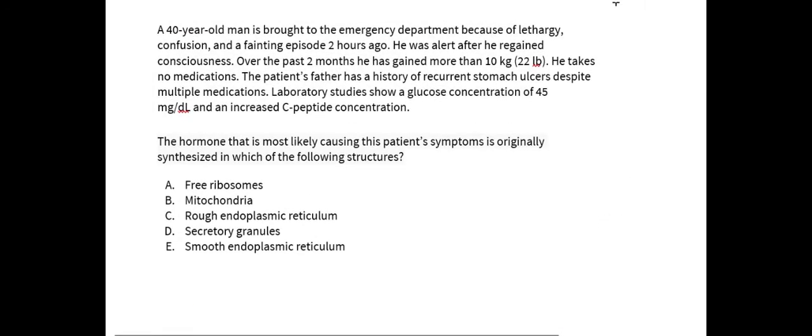Let's go back to the vignette. So here we have a patient who is here because of lethargy, confusion, and a fainting spell, which is secondary to the hypoglycemia. This patient has an increased C-peptide, which is consistent with an insulinoma, and his history also supports the diagnosis of an insulinoma, as he has gained weight. Insulin causes you to gain weight because it allows glucose to enter the skeletal muscle and adipocytes in order to store energy for later, whenever there is excess glucose